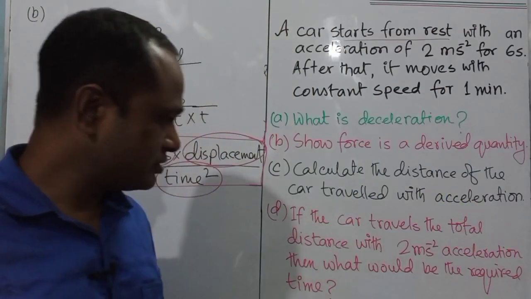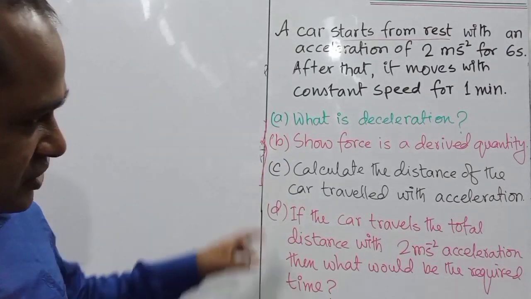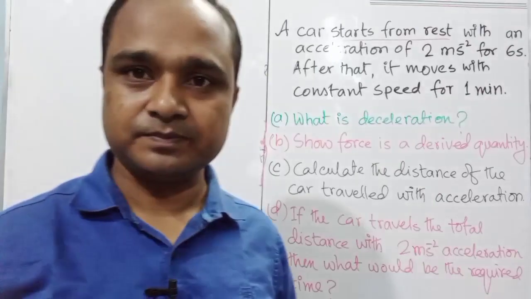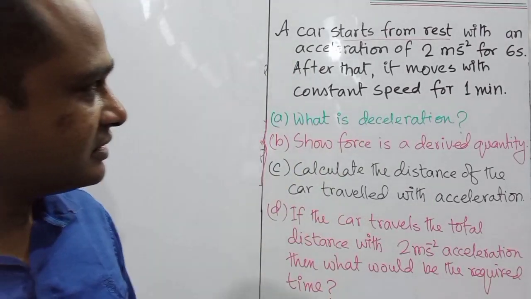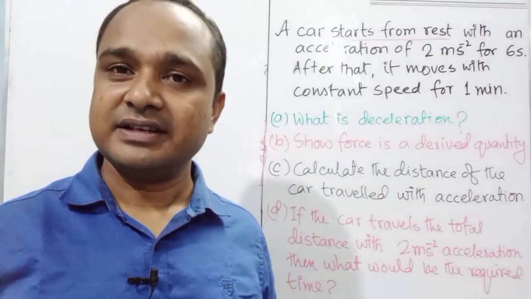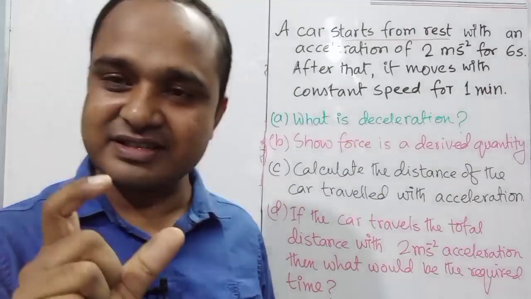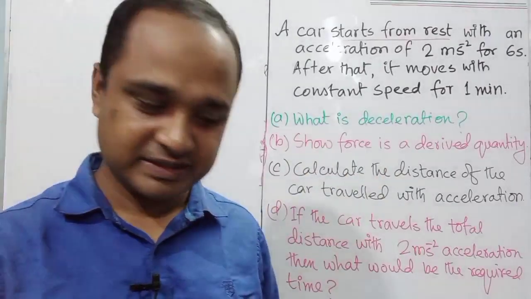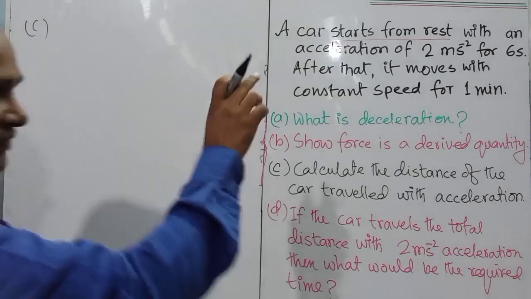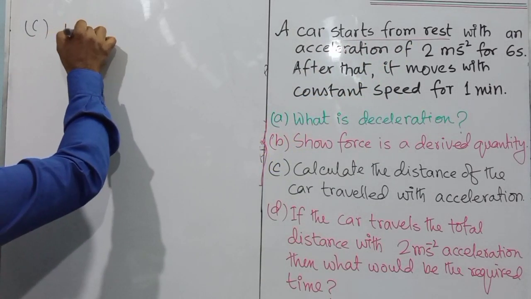Now we are going to solve question C. In question C, they told us to calculate the distance the car travelled with acceleration. You know, for the first 6 seconds the car moves with an acceleration of 2 meter per second square, and for the next time it moves with uniform speed for 1 minute. So we have to calculate the distance which is travelled with acceleration only. To solve this, we can write that for the first 6 seconds, initially the car starts from rest, that means initial velocity